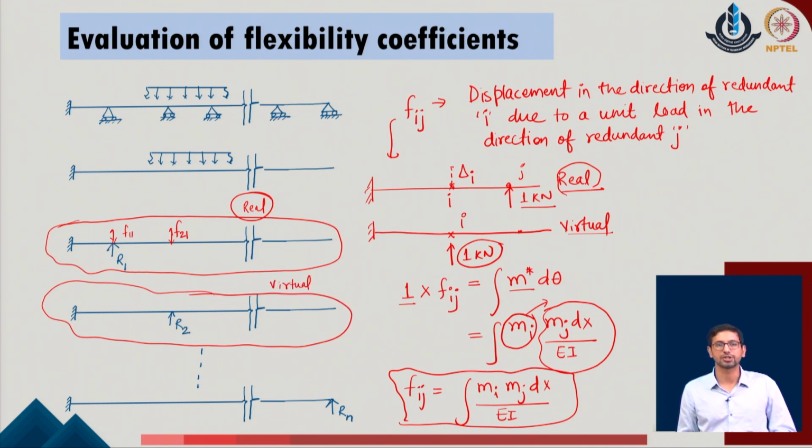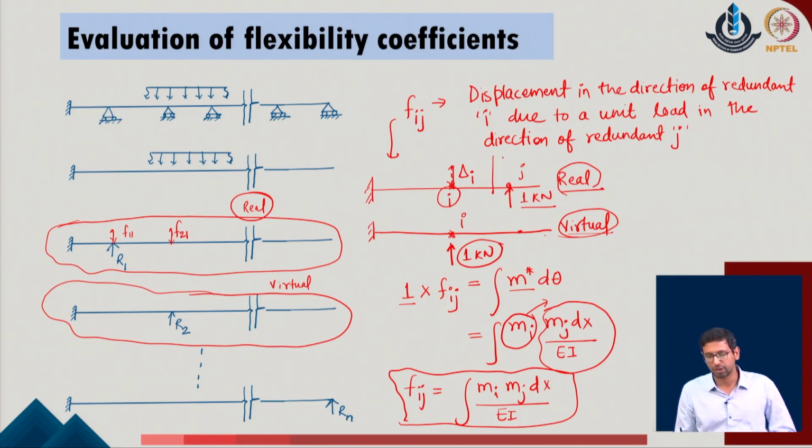So, for most of the computations which are being done for the flexibility coefficients, we go by the standard idea of the consideration of the real and the virtual system. We consider that there is a generalized system where the load is applied at the position of the j. So, this is the real system where the load is being applied, whereas the displacement is being calculated at the position of the ith redundant of the given system. So, this is the position at which I require the actual load. That is why we have come up with a virtual system at which we have applied the unit load in the position of the ith redundant. Now, this is the virtual and this is the real system.